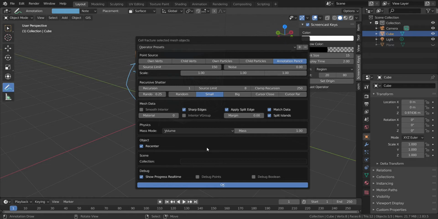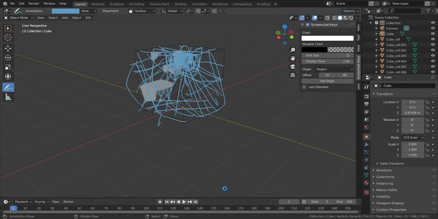Then in the collection part you can type break pieces, or just pieces or fragments, whichever key term suits you. I will write pieces because these will be the pieces of this cube, and then press OK.